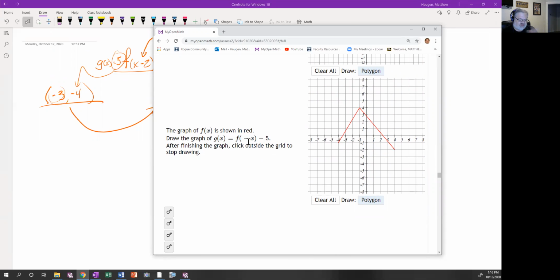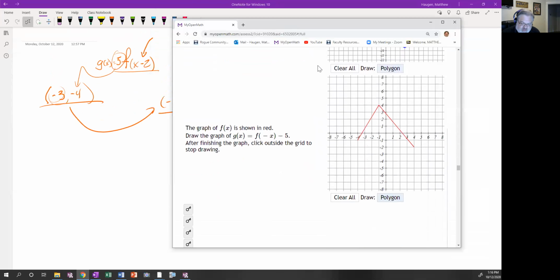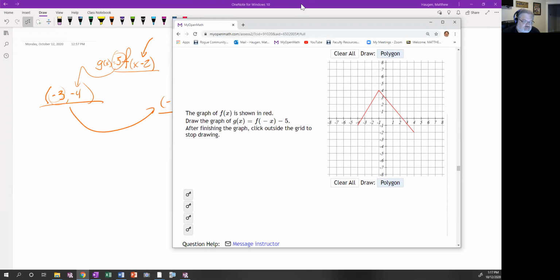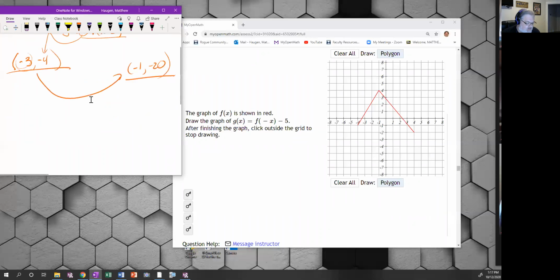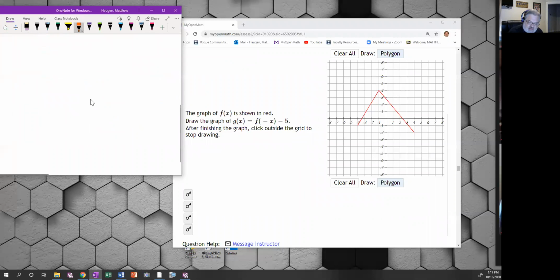So a horizontal reflection. That -5 is outside the function, so it's going to take all our y values and drop them by 5. And again, we could take those points. I'm going to move this over here so I can write on it. We could just take the points